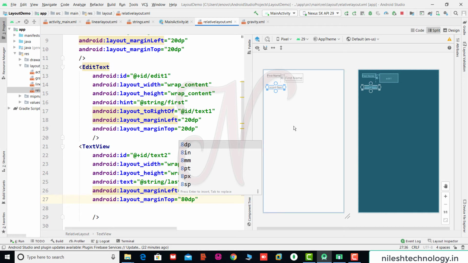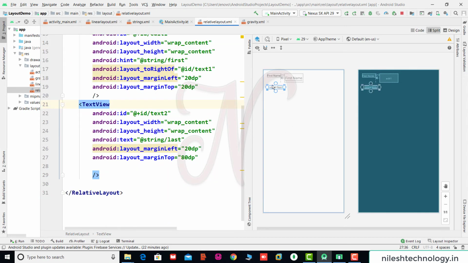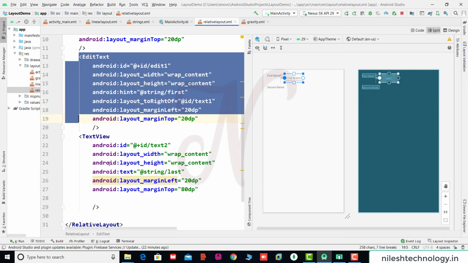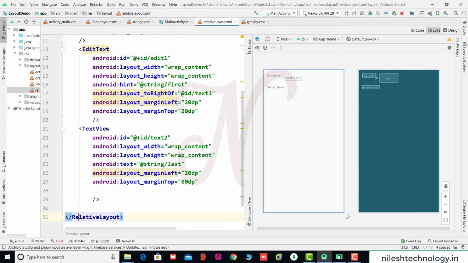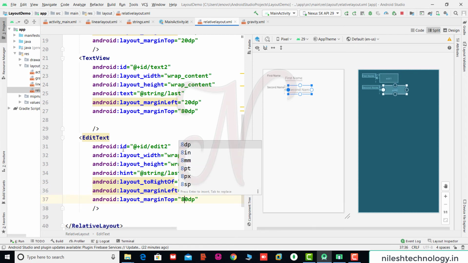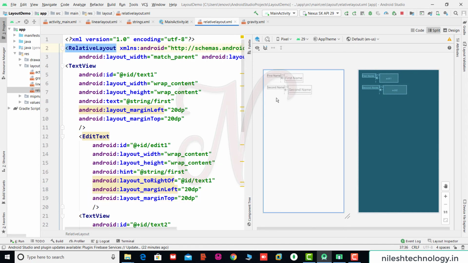See, this is shifted to the 80 dp pixel position. Same here, we use the EditText. Copy this EditText again here. This is edittext2, wrap_content. Here the hint is last, this is toRightOf text2, and margin top is 80. By using this way we design this layout.